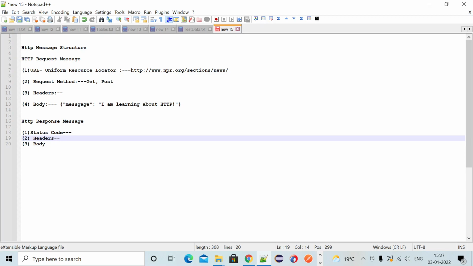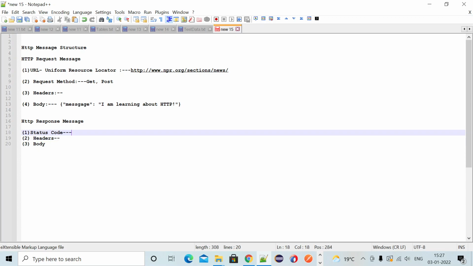Status code is a 3 digit code that signifies whether the request has been successfully processed or not. We can identify by using the status code that the request is processed successfully or not. If you get a 200 status code in the response message, it means success.